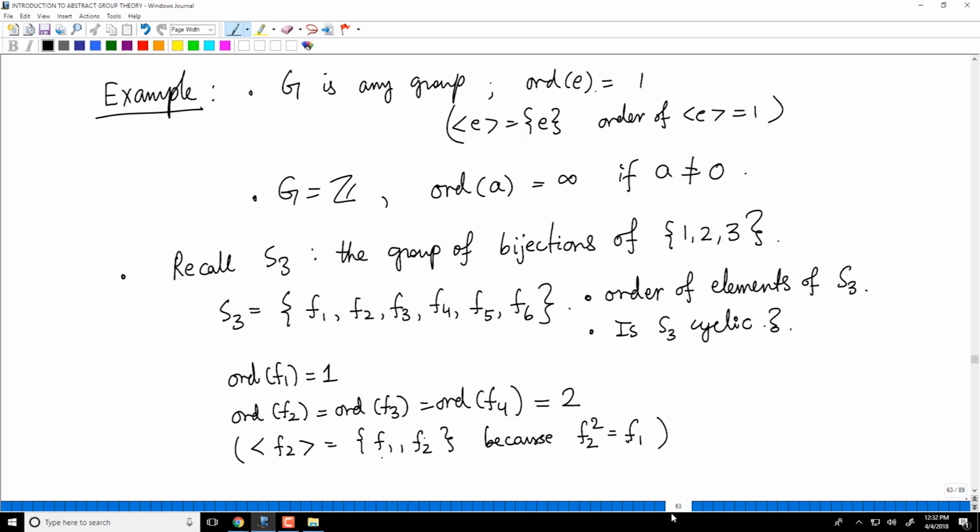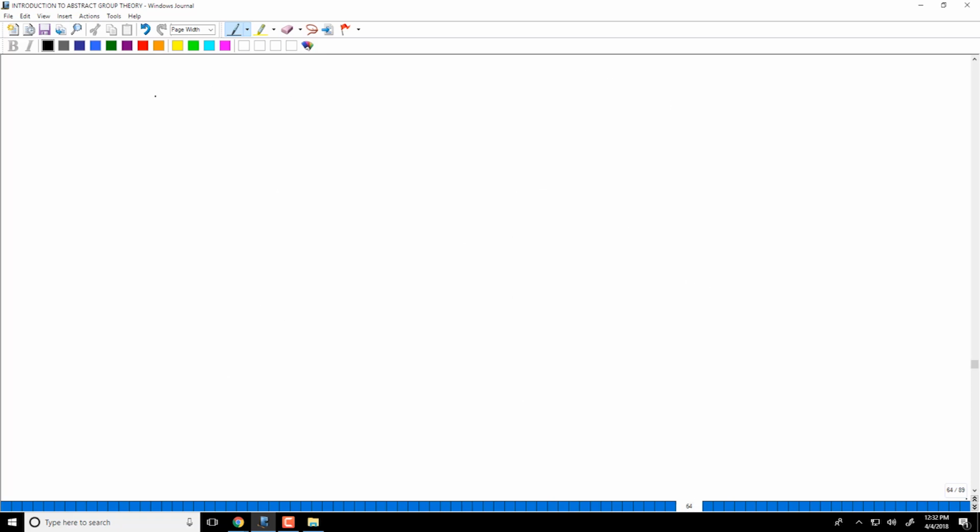On the other hand, if you look at F5 and F6, the subgroup generated by F5 is actually F1, F5 and F6. I also asked you in an earlier video to completely describe the multiplication table of this, and if you did that, it would be clear to you that the subgroup generated by this is this, which is also the same as the subgroup generated by F6.